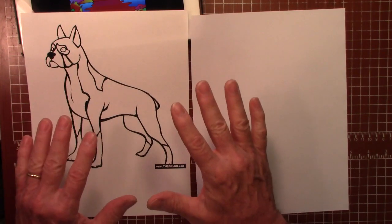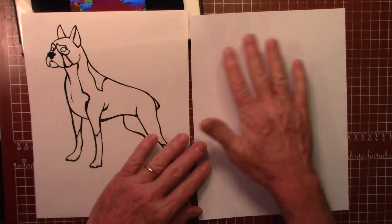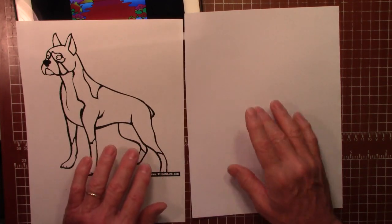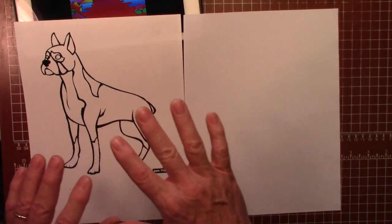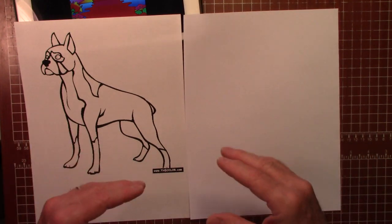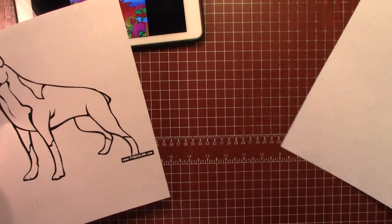Now, I'm not teaching you how to draw an animal this session. It doesn't matter how this picture is going to look. Trust me, it's not the drawing, it's the coloring. So now, for my first graders and my second graders, if you're having a very, very hard time, maybe even third graders, and I know even fifth graders might have a hard time, the easy cheat is you take the white paper,